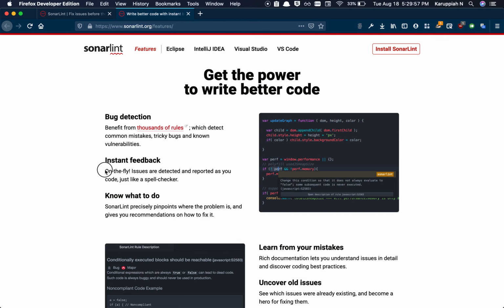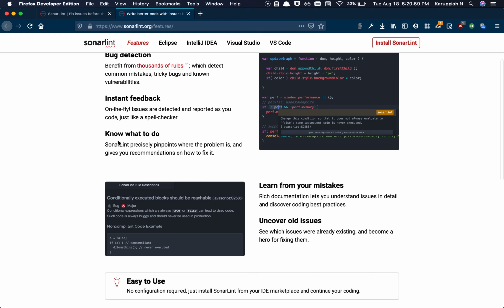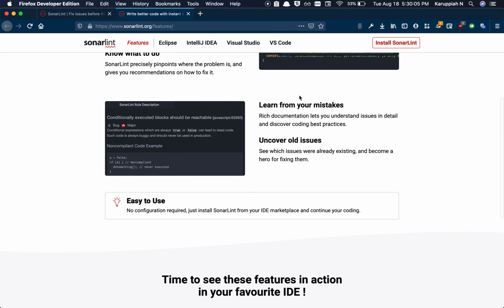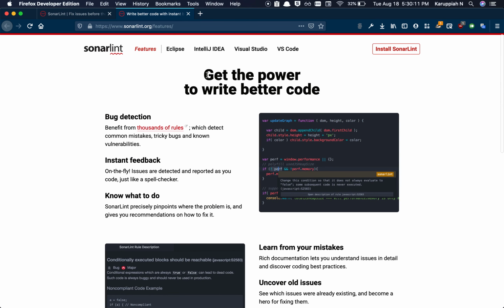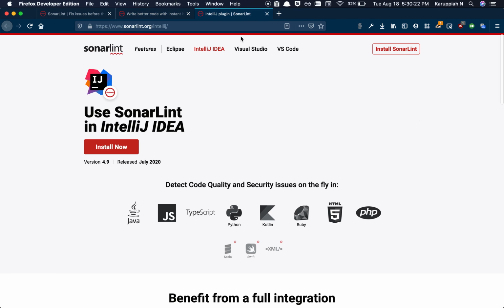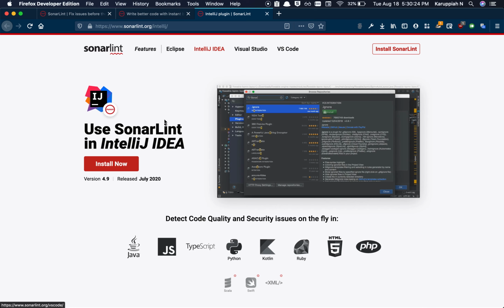It shows you issues, tells you what you can do to fix them, and you can learn from your mistakes. The IDEs currently supported are Eclipse, IntelliJ, Visual Studio, and Visual Studio Code. Today I'll show you two examples, IntelliJ and Visual Studio Code.